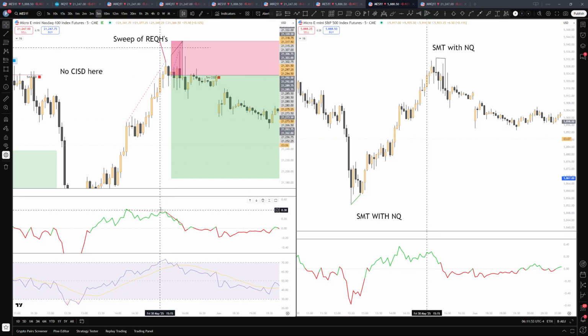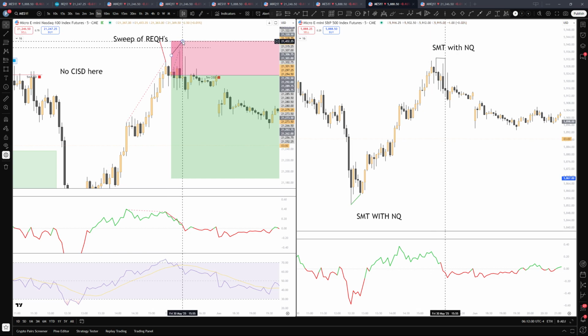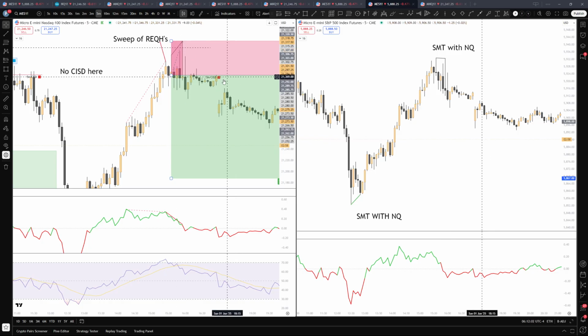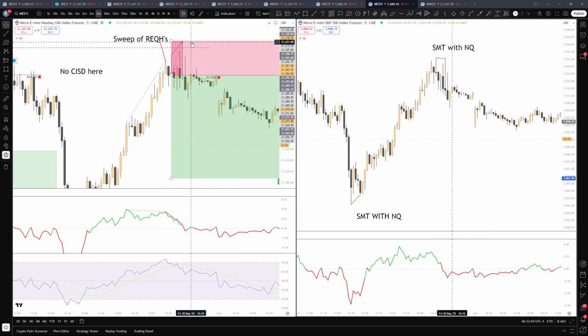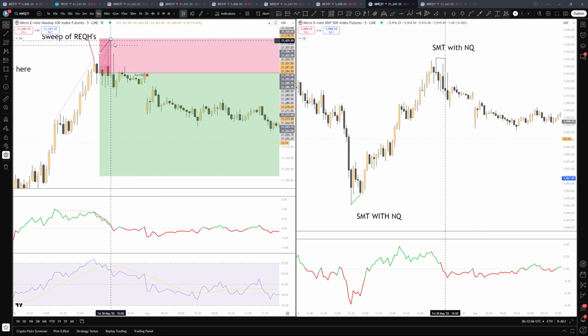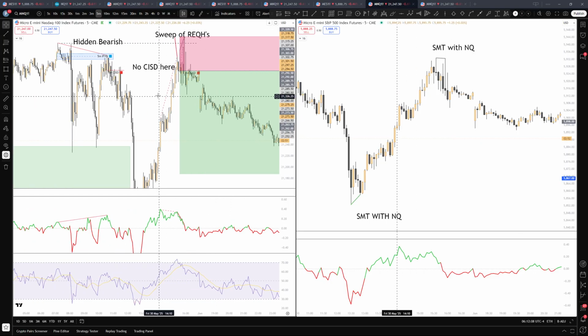We have a fall off in momentum in the disparity index. We also have the regular bearish divergence happening. Now we've got a ton of reasons to potentially enter a trade here. And if we did, with a stop on the high, as you can see, and now I don't know actually,